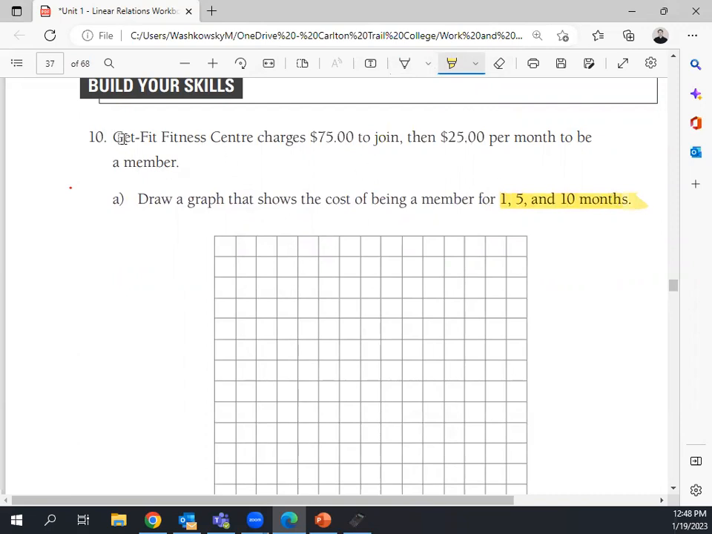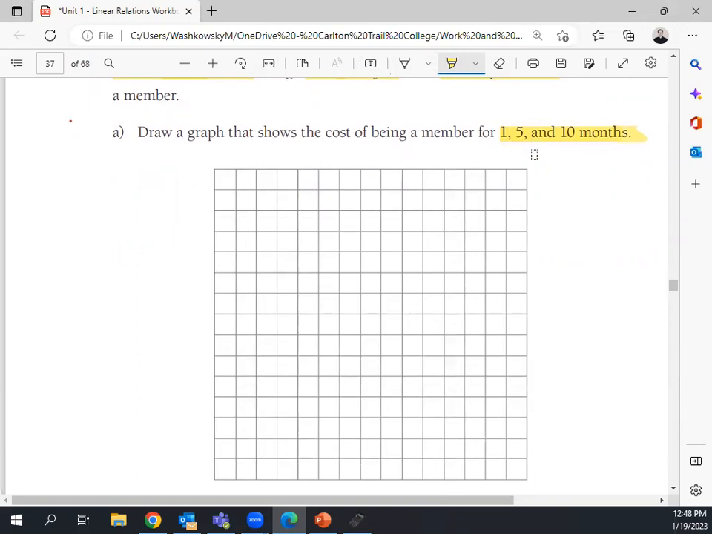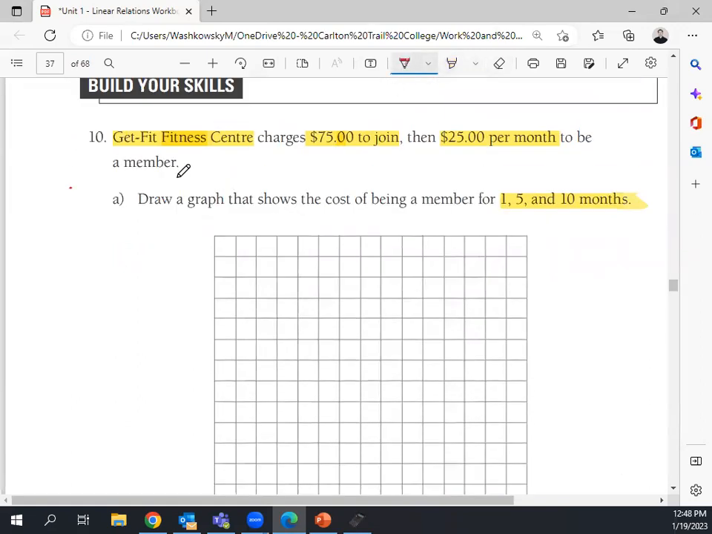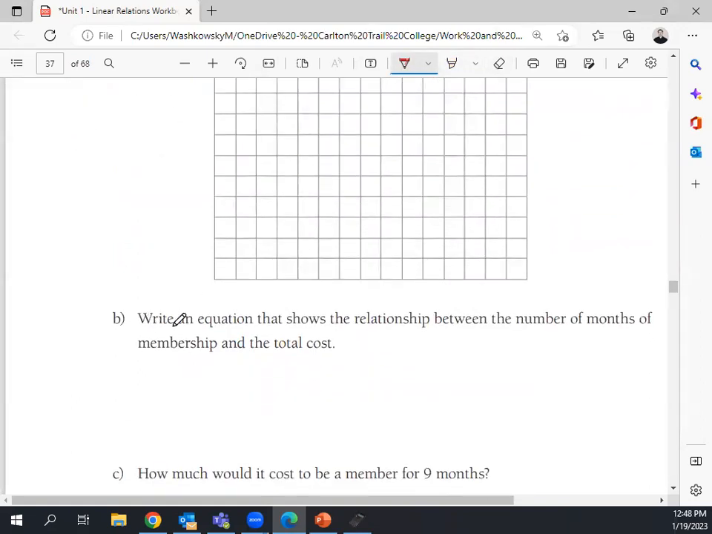So this question here is saying that there's a fitness center. A fitness center charges $75 to join. So it has an upfront cost. And then you pay $25 per month to be a member. So it wants us to draw a graph of this, and eventually we're going to have to figure out the